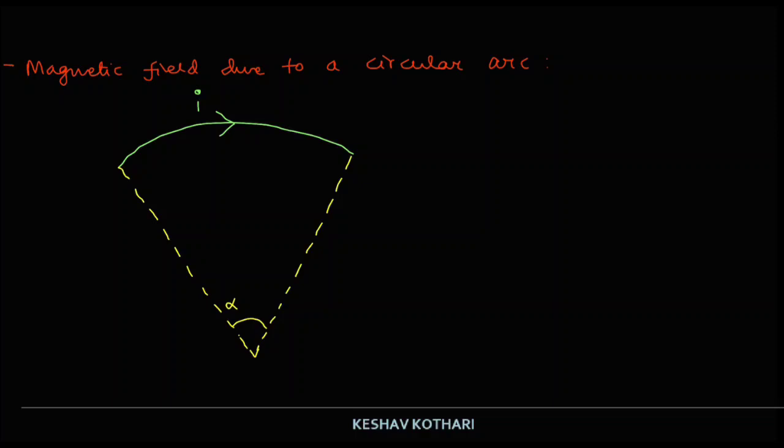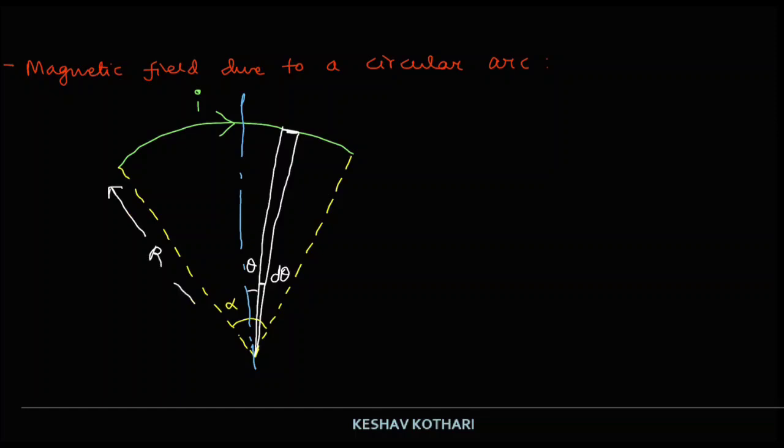Now I am drawing a central line for our calculation purpose. So I am basically dividing it into two halves, and let us say that we consider a small patch at an angle theta subtending an angle d theta at the center, something like this. We are considering that the radius is equal to r. So the length of this segment is going to be equal to r d theta,